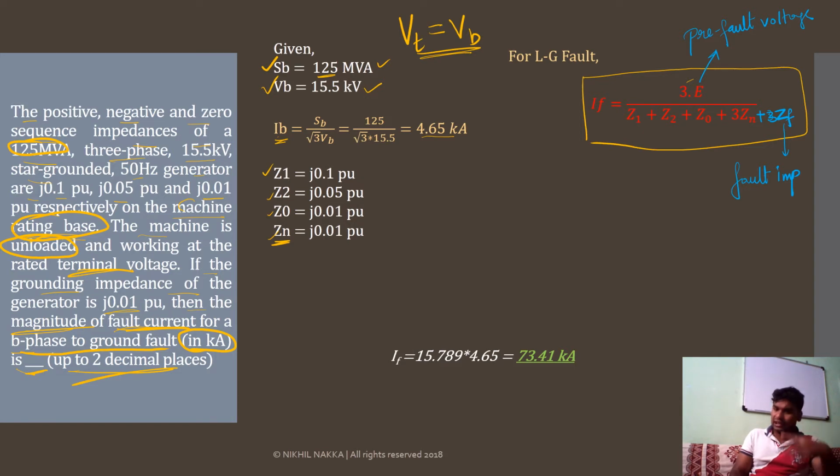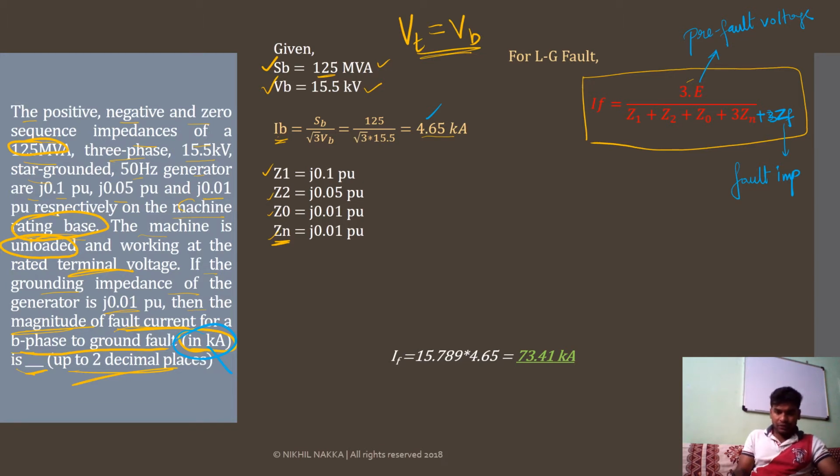So the entire calculation goes in per unit system, because usually your impedances will be given in per unit. So whatever currents you obtain also will be in per unit. Therefore, everything should be in per unit. Finally, when you are presenting the fault current, convert it into actual values, depending upon the question. If he is asking you to present in per unit, you can present in per unit. If he is asking you to present in actual, then you have to go for actual. But here you see kA, kilo ampere, so he is asking in actual. So do the procedure in per unit and then convert into actual by using the base current. We will see how we do that.